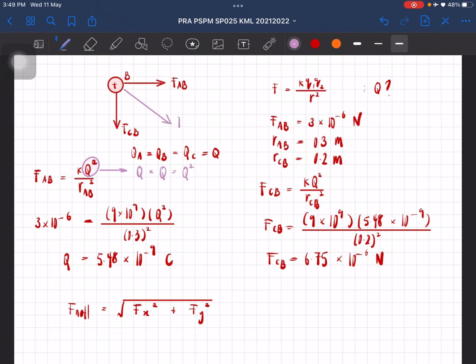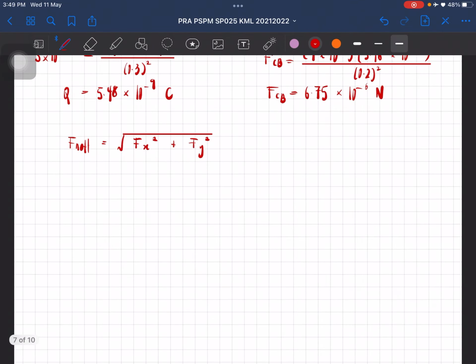okay, so for example this is force, you need to resolve this into Fx and Fy. Okay, so remember you need to resolve it into Fx and Fy baru kamu consider baru kamu dapat solve the question correctly lah. Okay, alright, so that is for this question. Now substitute lah the values. Okay,